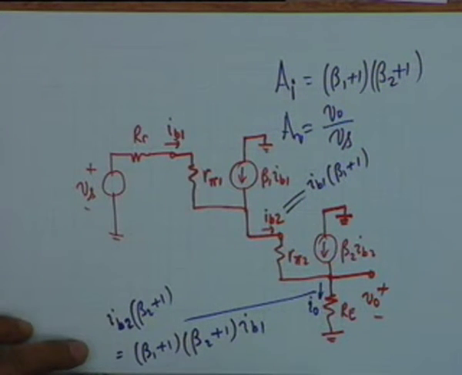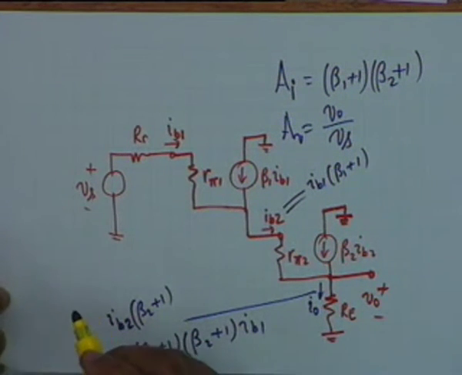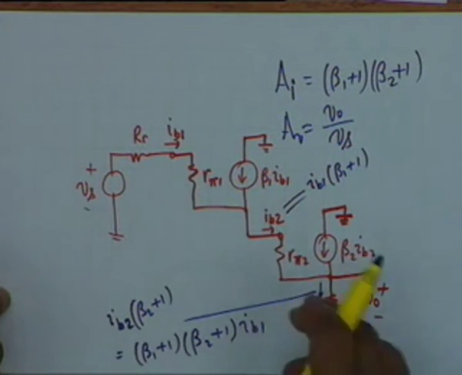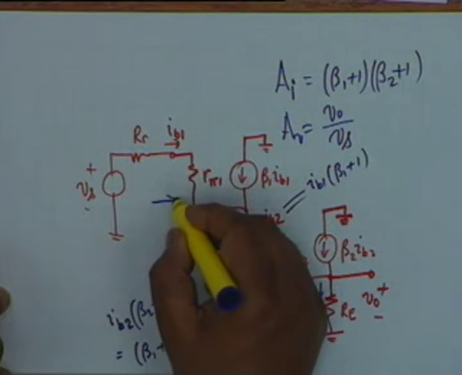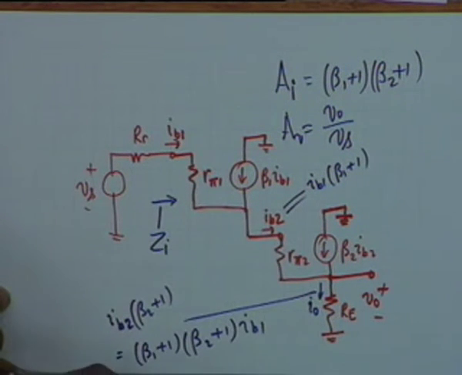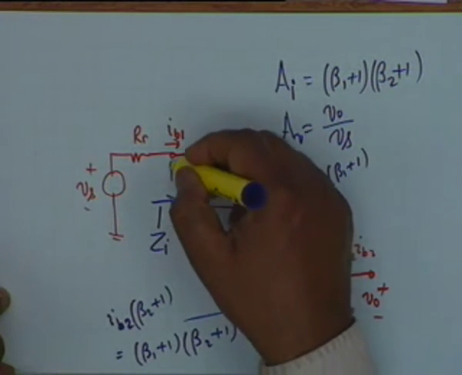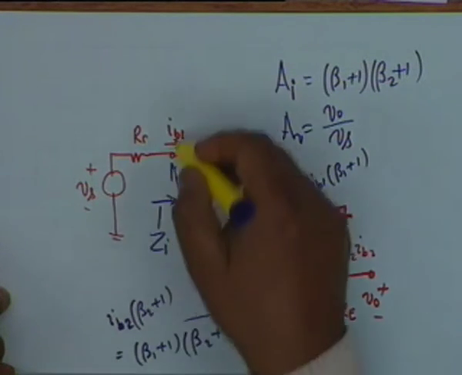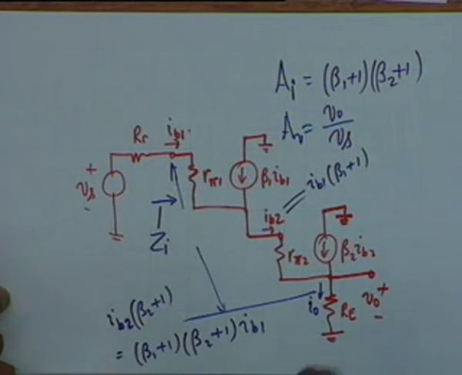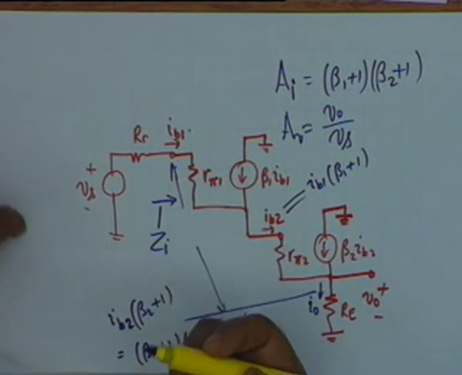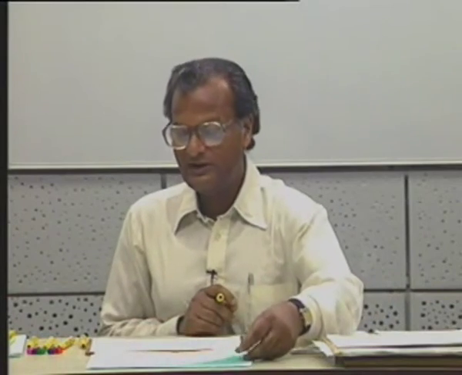The advantage, however, if you recall, another advantage besides the current gain, is that it gives a very high input impedance. The input impedance is very high. You can derive what the input impedance is, that is, find out this voltage from here to ground and divide by IB1. That will give you the input impedance. Input impedance is very high, and this is called a Darlington stage, a very popular stage in integrated circuits. In integrated circuits, all input stages are Darlington stages, so that you get the benefit of a very high input impedance.